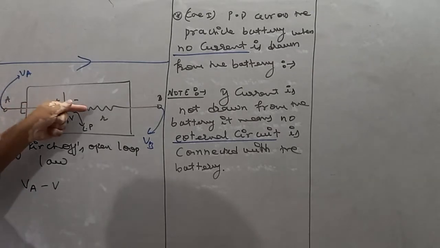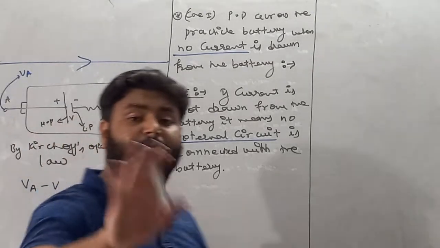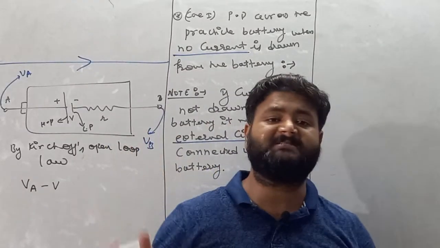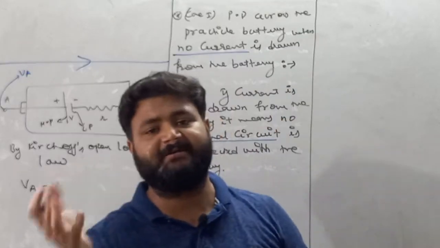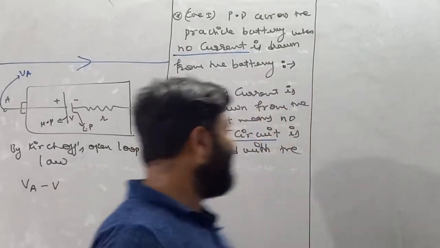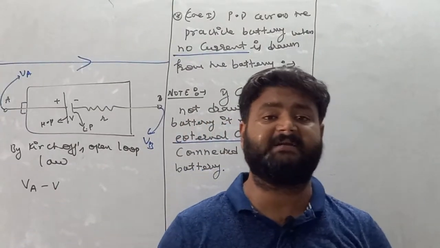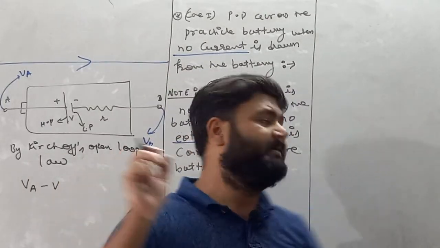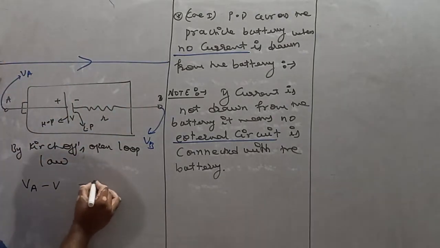Now moving forward, my dear student, I'll encounter a resistor. In the resistor, no current is there. So if no current is there, then we know that the potential across the resistor, V equals IR. If I is 0, then the potential across the resistor is also 0. Why 0? Because this battery is not connected with any external circuit, so there is no movement of current here. Next, we reach point B, so put it equal to VB.